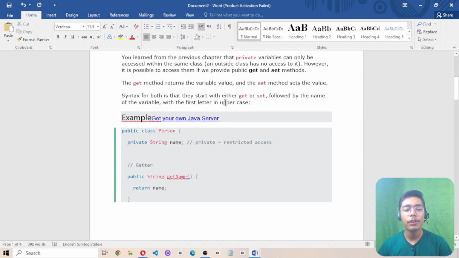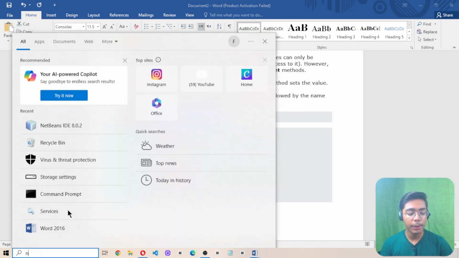And remember, when you are using it, the first letter of both syntax will be in capital. Here we are using this person, and this person is used as this get method here so that we can return the variable value. So how will we be doing that? Just copy this, and we will open our NetBeans IDE,